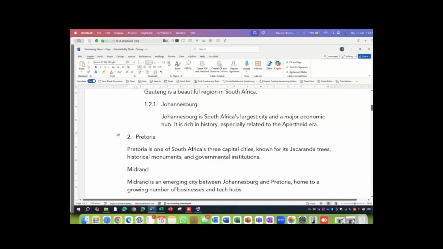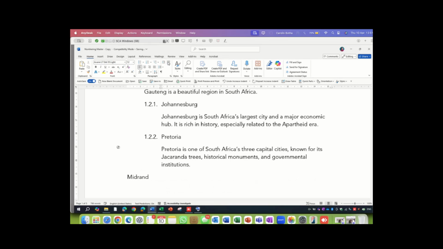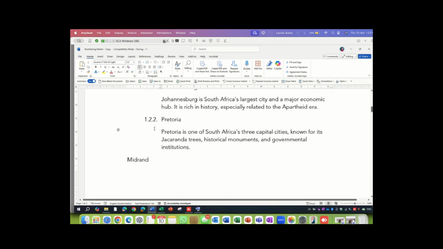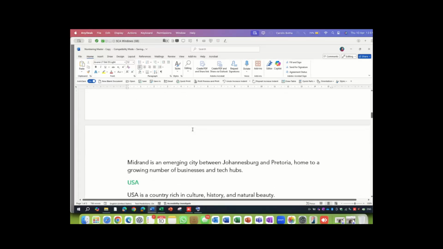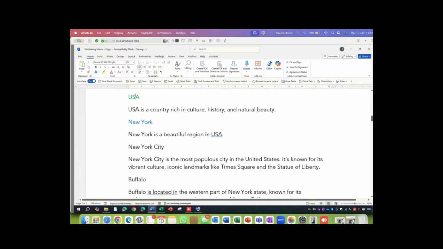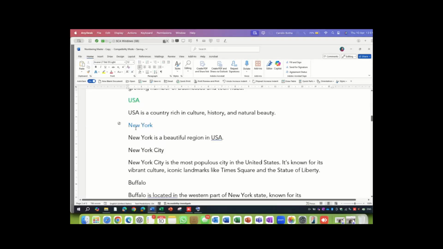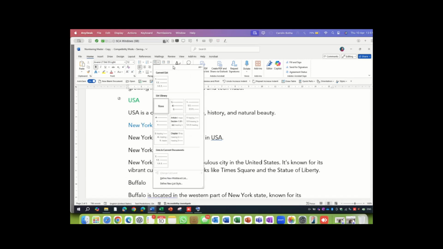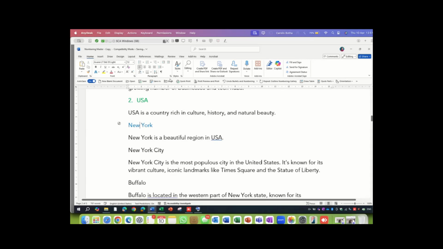There you go. And then indent this twice because it is a city as well of the Gauteng province. And you don't have to indent the paragraphs if you don't want to. And so it will go. And you will just do a 1 for South Africa, a 2 for US, a 2.1 for New York as the region, or what do they call it, state. And then New York City will be 2.1.1. Let's quickly do that. There you go.